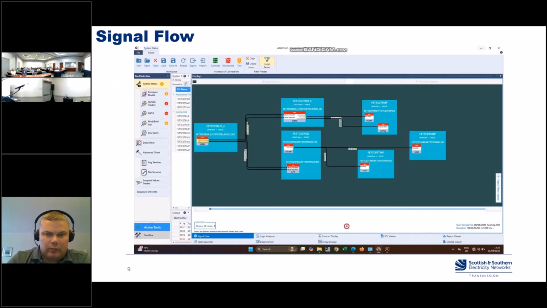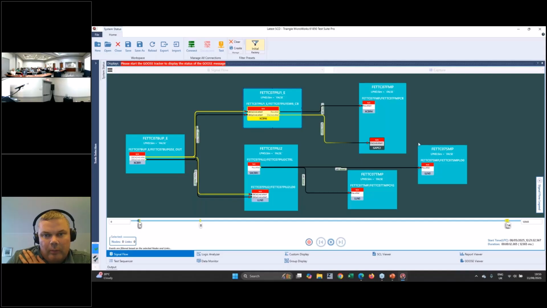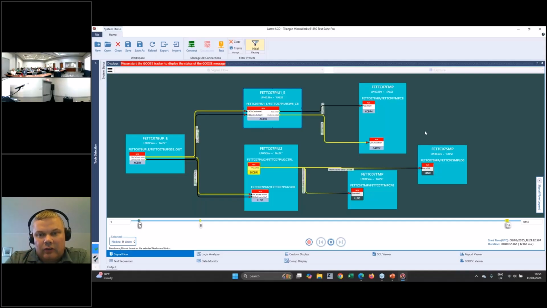So I'll just skip on to Test Suite Pro now. This is one of the trips that we've recorded as part of our tests. So we have a backup protection device here sending a trip to our PIU switchgear control units, which then in turn send the position of the switchgear through to the protection IEDs. And this was all recorded on our test bed, and it's a great solution to show